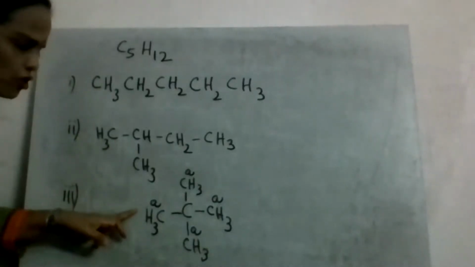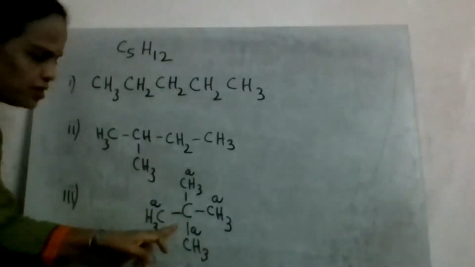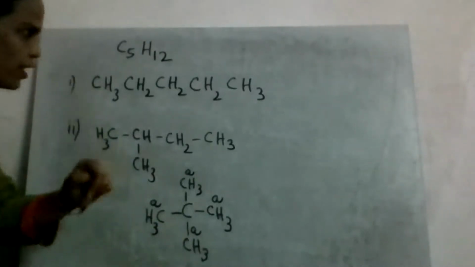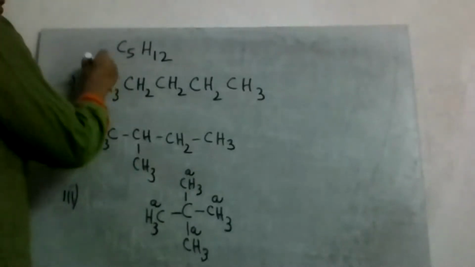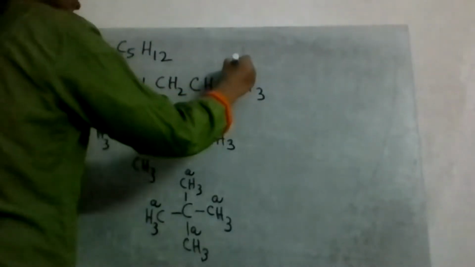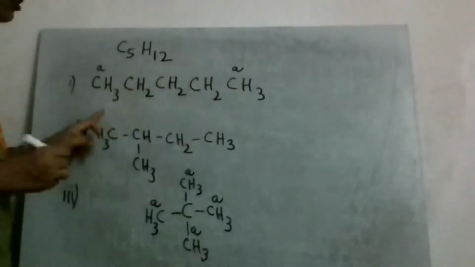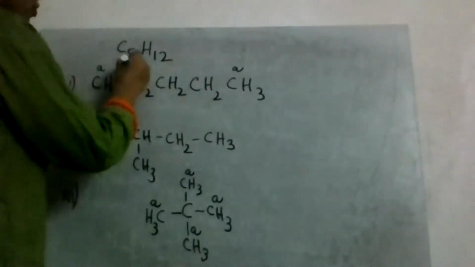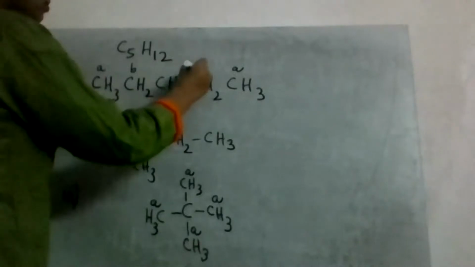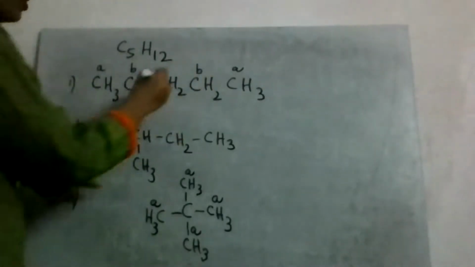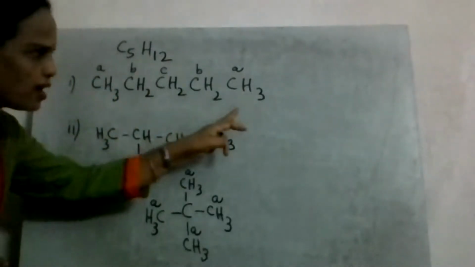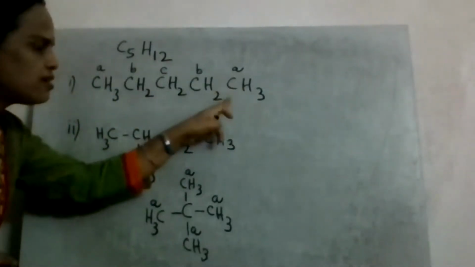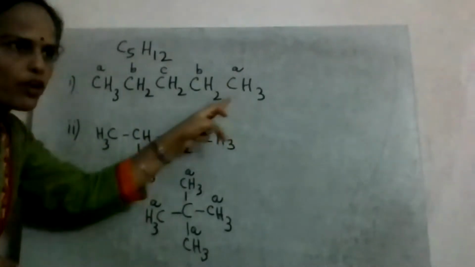So the answer to the first part of the question is neopentane. This will yield a single monochloride. Then here you see 3 monochlorides. If I remove hydrogen from here, or from this carbon atom, I get the same compound. If I remove from the second carbon atom or this carbon atom, I'll get the same compound. Third carbon atom, I'll get another. Since 3 different replaceable hydrogen atoms are present here, it gives you 3 monochlorides.